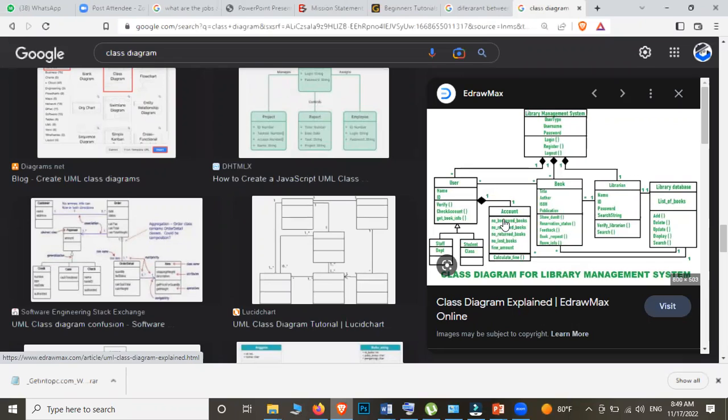So the account class is fully dependent on the user. Not even partially dependent. If it were partially dependent, even without the user, we could have the account and connect it with some other classes. But here it says it's fully dependent on the user class. So without the user, no point of having the account. The account එකක් තියෙනවා නම් අනිවාර්යෙන් user කියන class එක තියෙන්න ඕනේ.